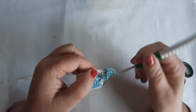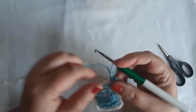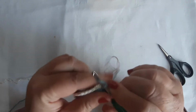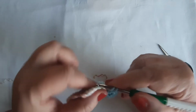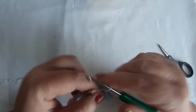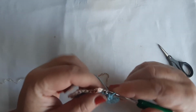So here is your very first stitch. So if you go down, you will see here is your loop that you have to work in. Then you skip the stitch behind your double crochet and we make 5 back loop single crochets. 4, 5. Then front loop double crochet in that little loopy there. Skip your stitch behind your,